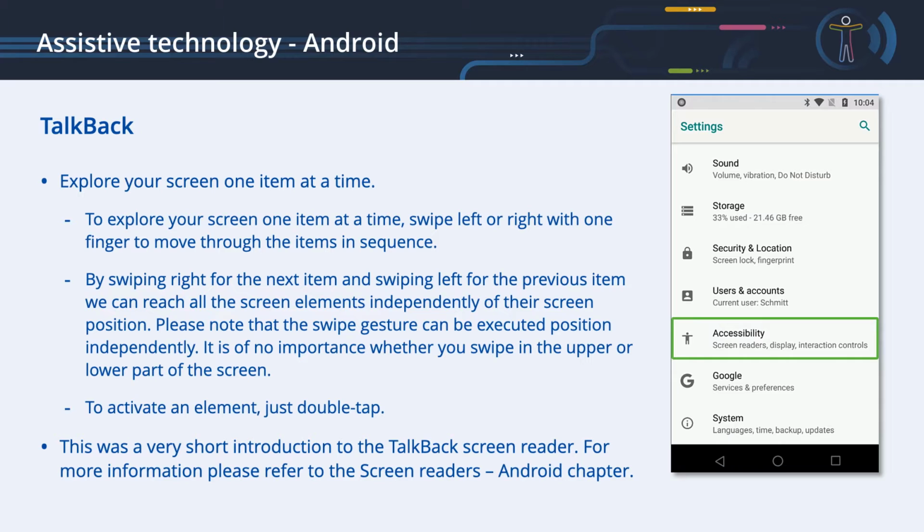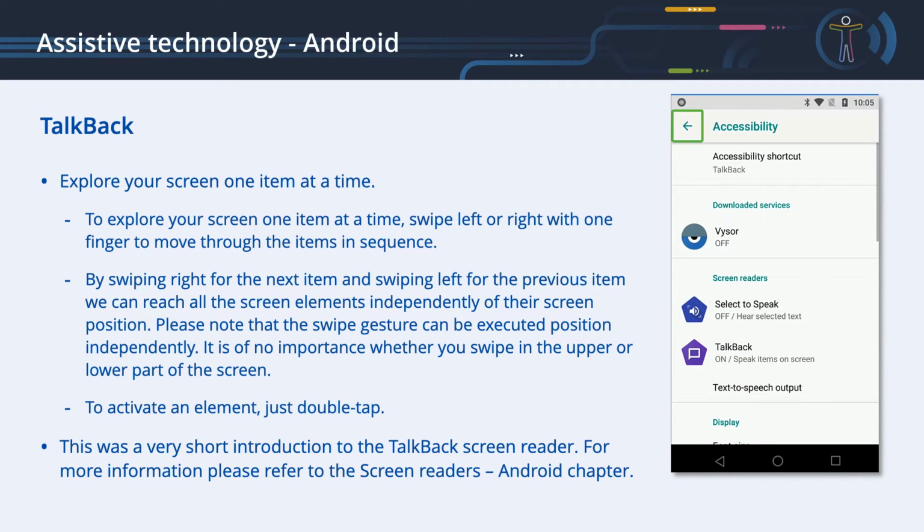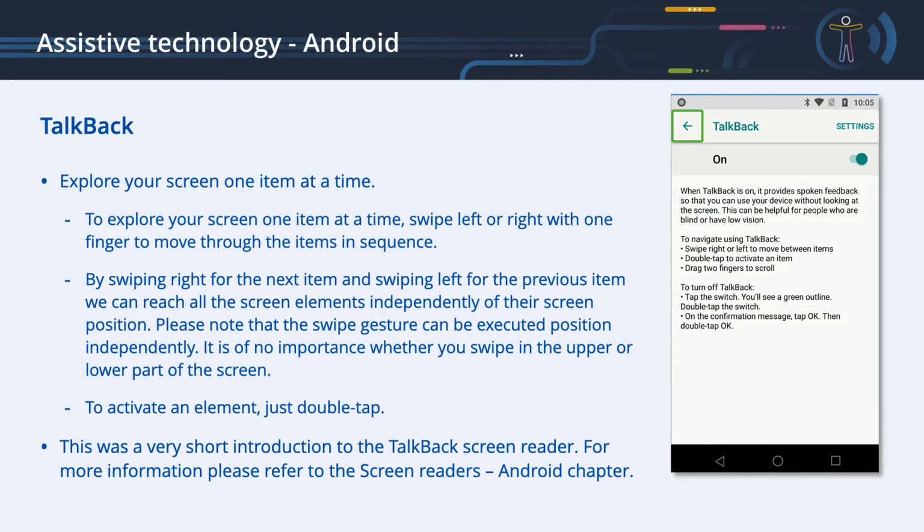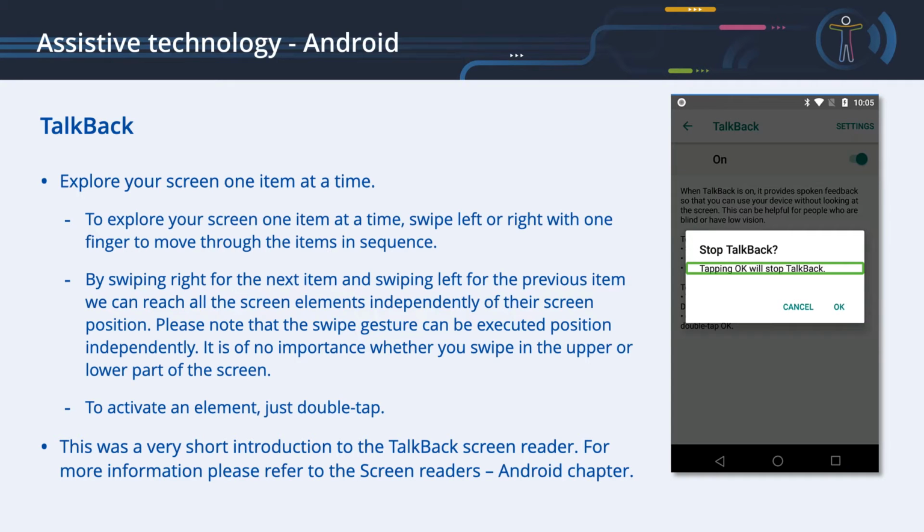Accessibility, screen readers, display, interaction controls. Accessibility. Navigate up button. TalkBack, on, speak items on screen. TalkBack. Navigate up button. On, switch. Alert stop TalkBack. Tapping OK will stop TalkBack. Cancel, button. OK, button.